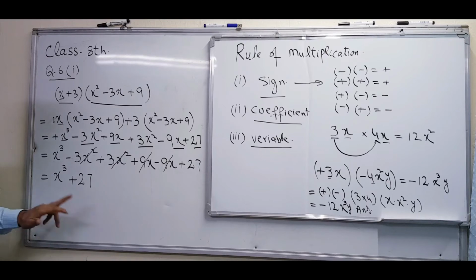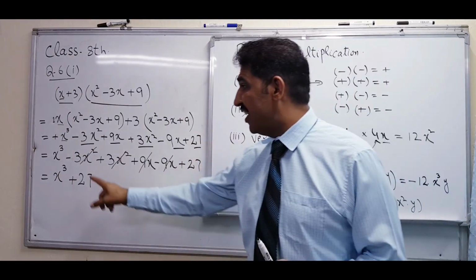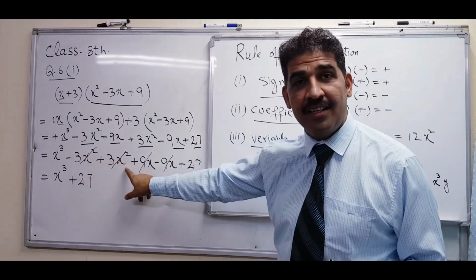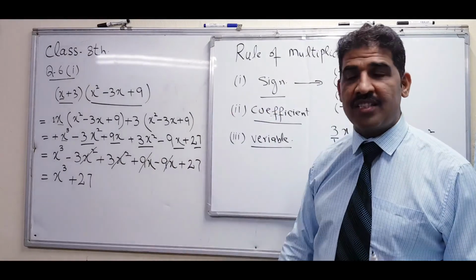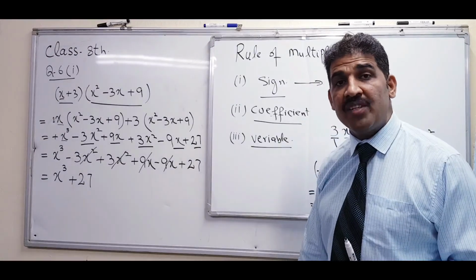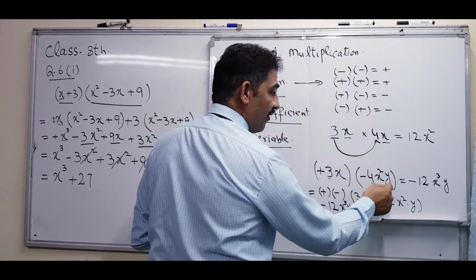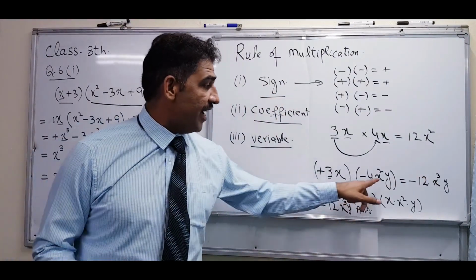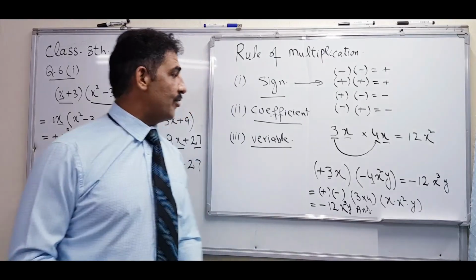What is the answer of that? 27x cube? No. Why? The terms are not like terms. Because addition and subtraction are possible only when the terms are alike, like x square and x square, x and x, constant with constant. But multiplication is possible. If 27 is multiplied by x cube, you can write 27x cube, like here we multiply. Is it possible to say 3 fours are 12 x square cube y? But if there is a sign of addition, it's not possible to add. Addition and subtraction only for like terms. Hope all of you understand.